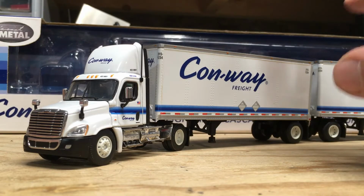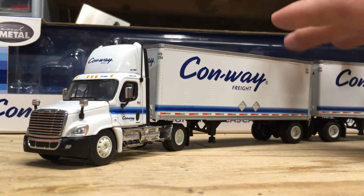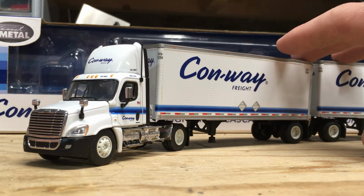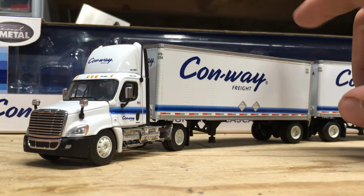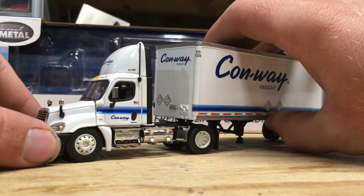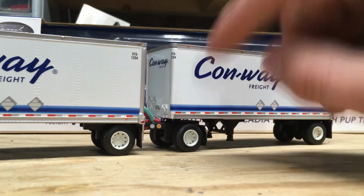Now, I purchased this set not because I wanted something that was Conway Freight, but because I liked the fact it came with the double trailers. I quite like this setup, and I've got numerous trucks in my collection that have more than one trailer, including my custom-built hay hauler, which actually has 3 flatbeds behind it. But in this set, we get the Freightliner truck, as well as the first pup trailer, the dolly, and also